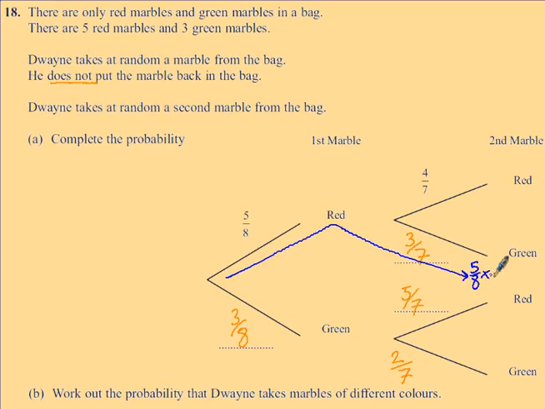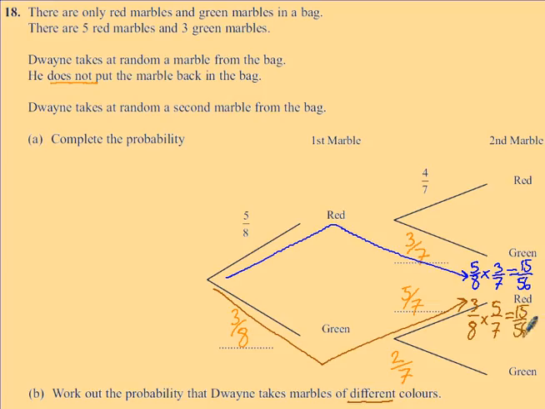5/8 times by 3/7, because I want a red and a green, and "and" means multiply, and I get the answer of 15/56. Now thinking the other way, I could get a green and then a red, because it just says of different colours in the question. Okay, so I could have 3 out of 8 times by 5 out of 7, which also gives me 15